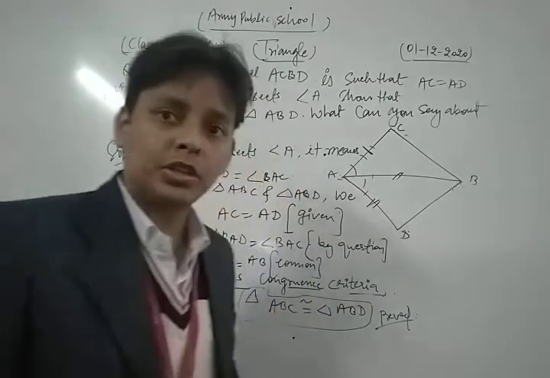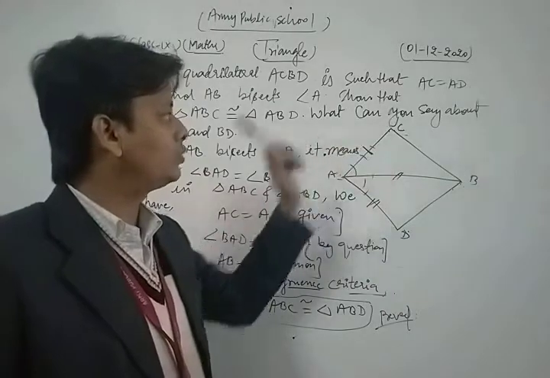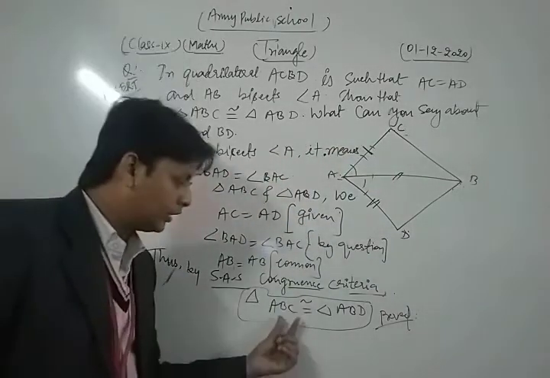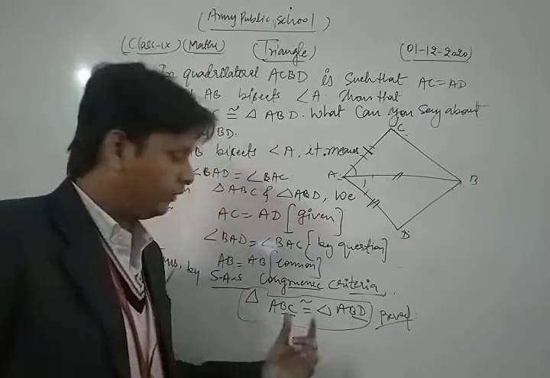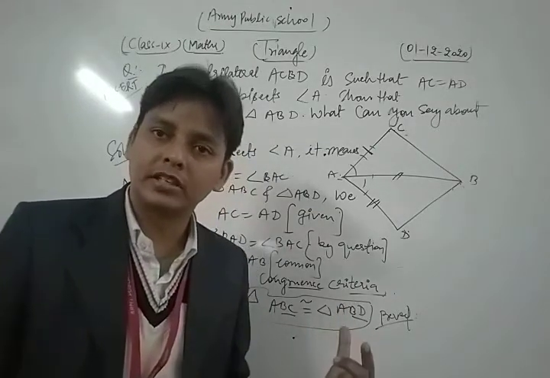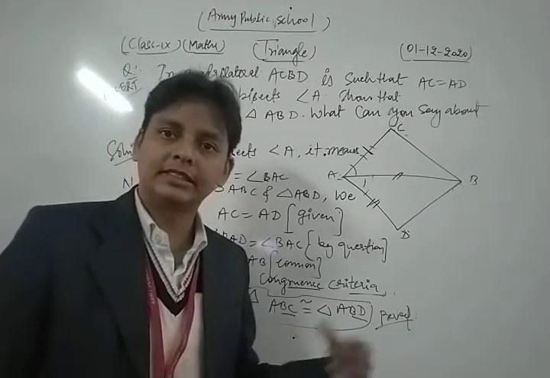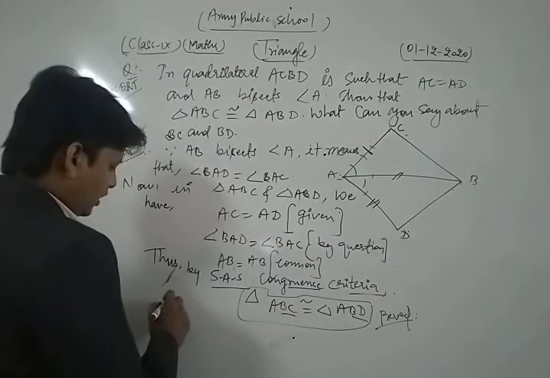What is the question? What can you say about BC and BD? Dear student, this is BC, this is BD. They are also equal to each other because both the triangles are congruent to each other. By the concept of congruency, two triangles are said to be congruent if their corresponding sides and angles are equal to each other. Now, thus by CPCT,